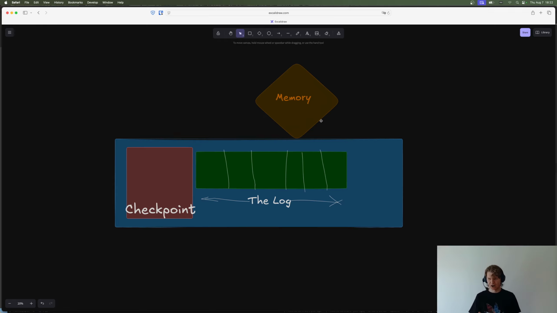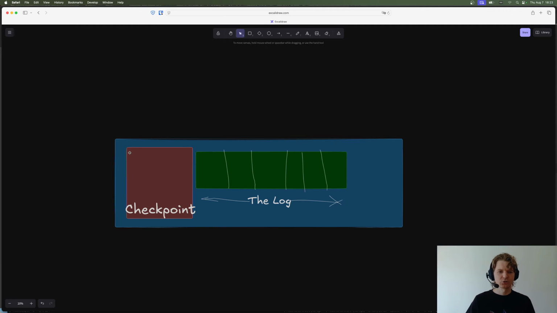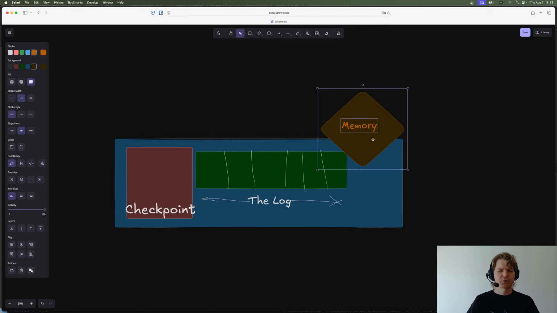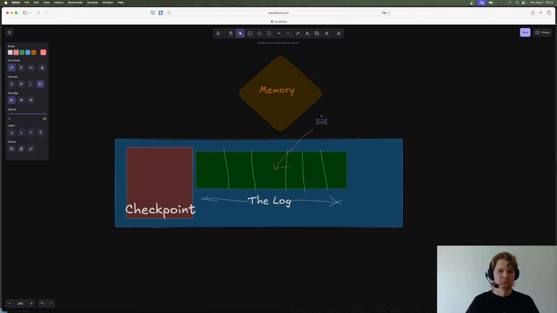But if you crash and restart in the middle, for example, if you're doing an upgrade, what happens is that the memory does not remain. The memory goes away and you need to start reprocessing the same data from the checkpoint. And this creates a problem because, if we say that this op in the middle of a log is an upgrade,